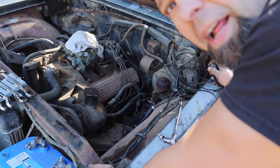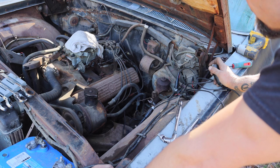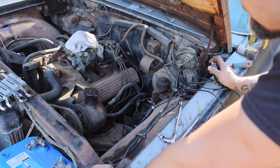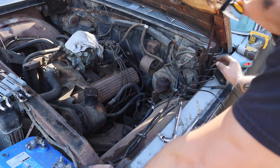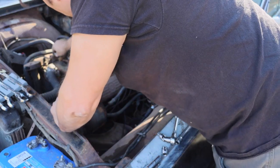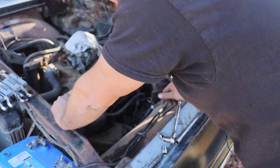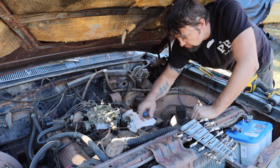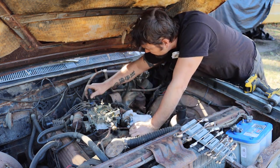See if anything comes out of that fuel line. Nothing. All right, I want to burn that starter out. I just want to see if there's any fuel going to come out of here or any water or whatever, but it don't look like nothing's happening. That's okay. Now that we know this thing turns over, what I want to do next is get this